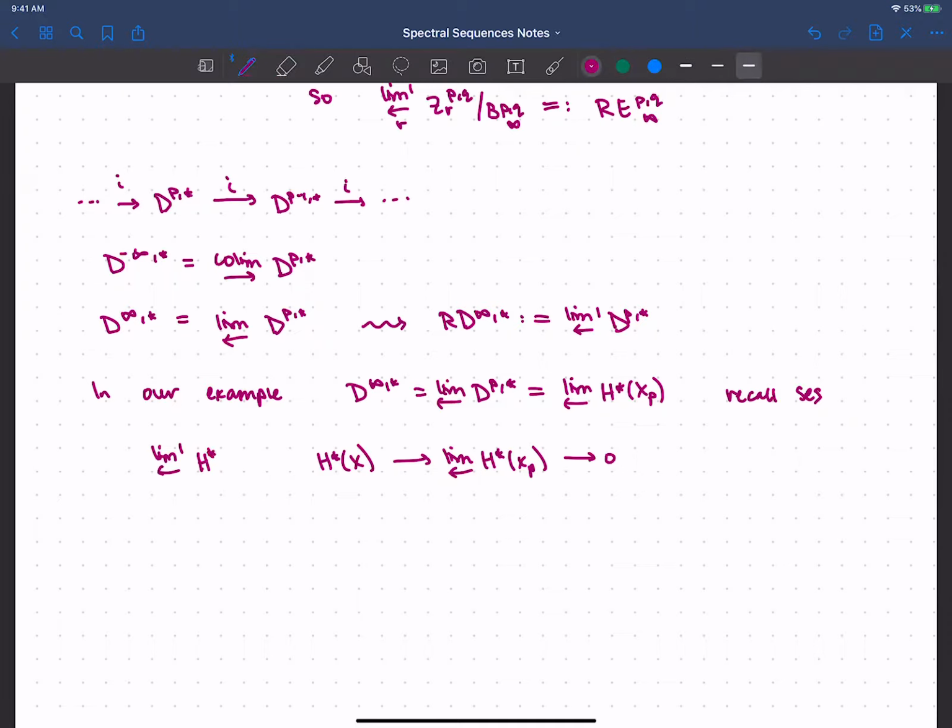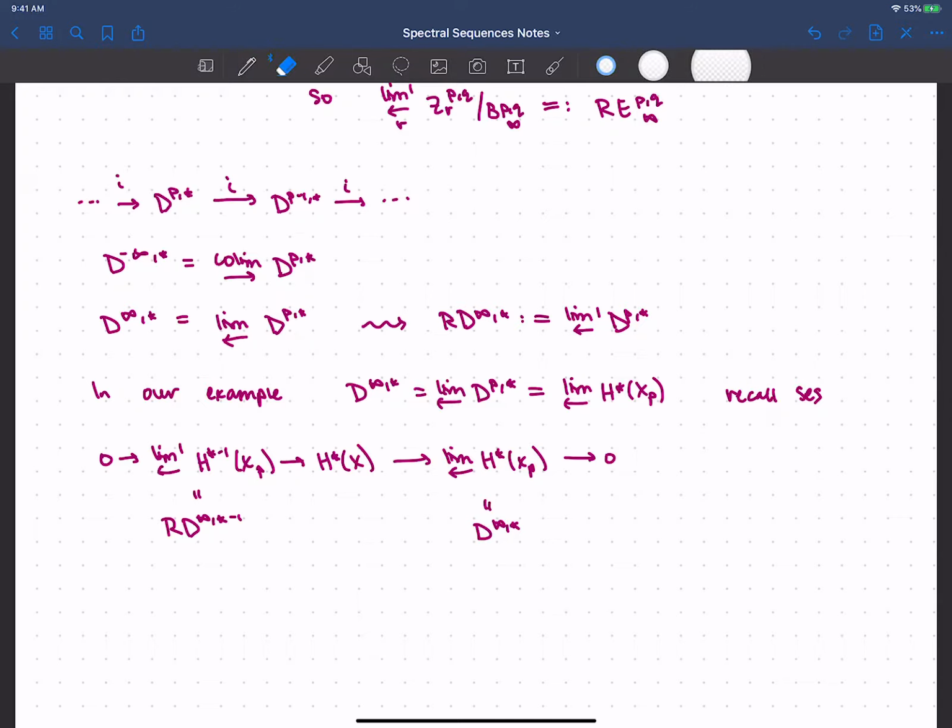Oh, I can't remember. I think this is -1. But it's not such a big deal. I just want to say there's a lim 1 term. Okay, so that really is going to be our R D infinity comma star -1, I guess. Anyway, okay, and so here, this is our d infinity star,